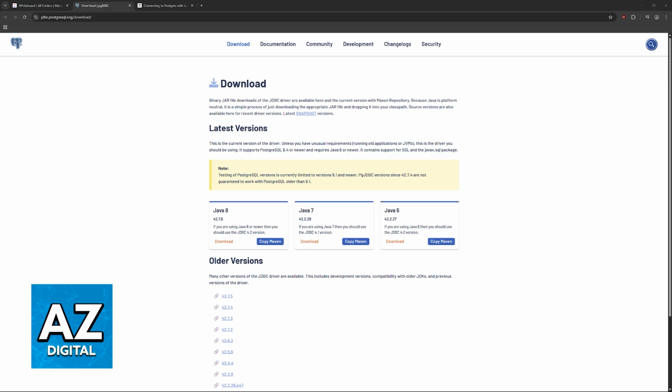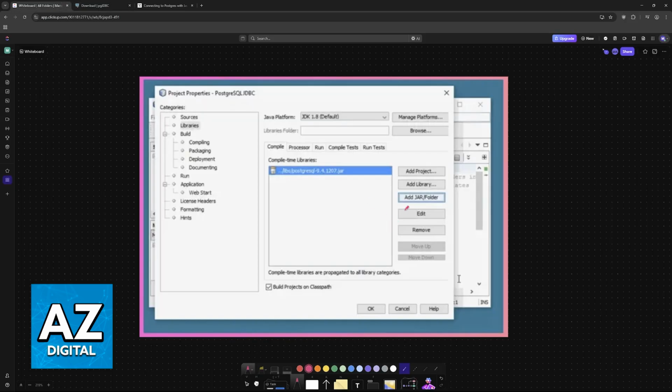So if you want to use the Postgre JDBC driver, download the driver on your device so you can see it available on the official website here. And by downloading this file, you will be able to add the Postgre JDBC driver jar file to your project. So it's going to be available here, and you can drag it into your project. Alternatively, use a tool like Maven.